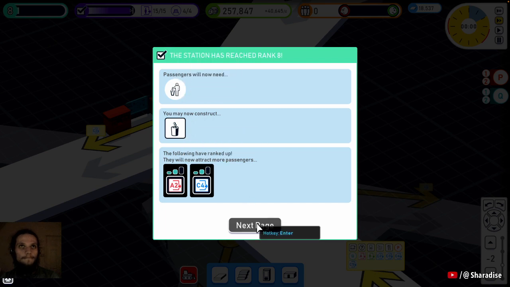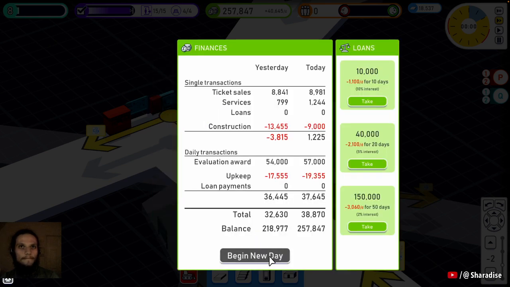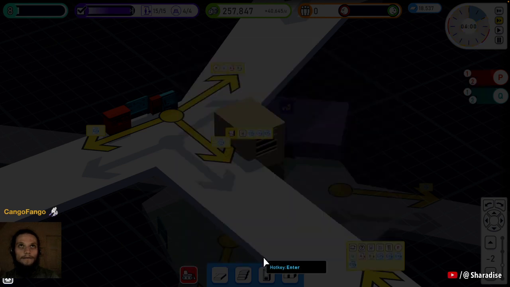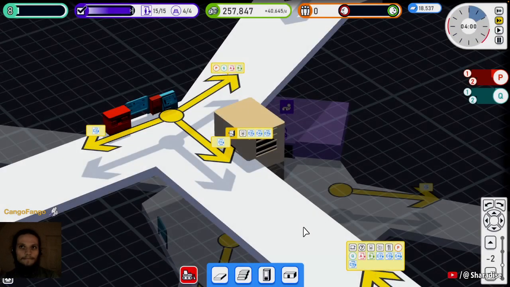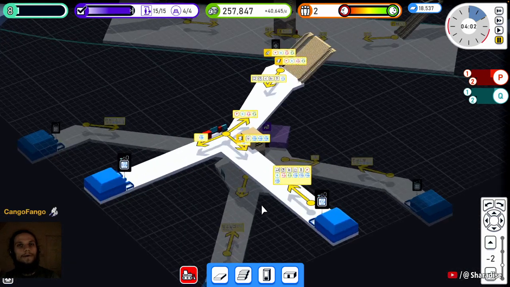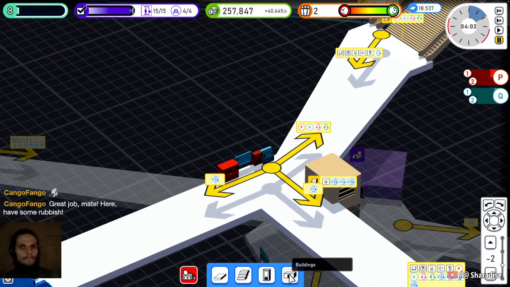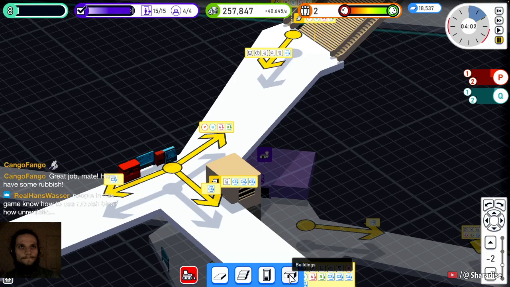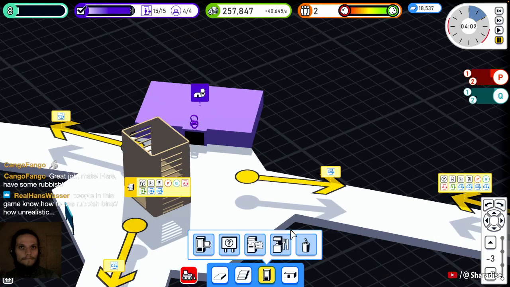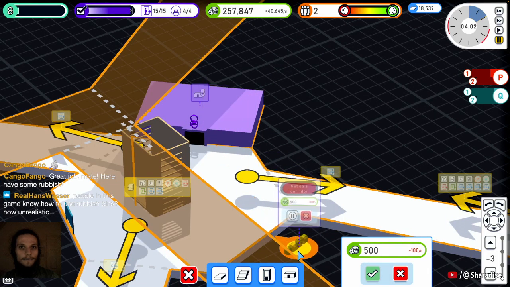Okay. Right. Let's see. Do some people just not want to take the elevator and they're looking for stairs? Is that the issue, maybe? I'll put bins